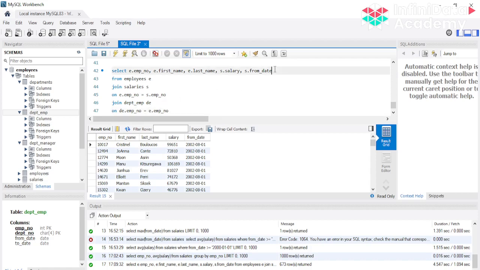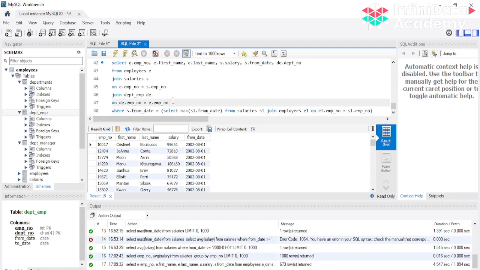From this, let's select what details we need. We just need the department number, DE dot department number. So this is the table we need, employee number and this, and you got the department number also. And let's take the from and to date as well.